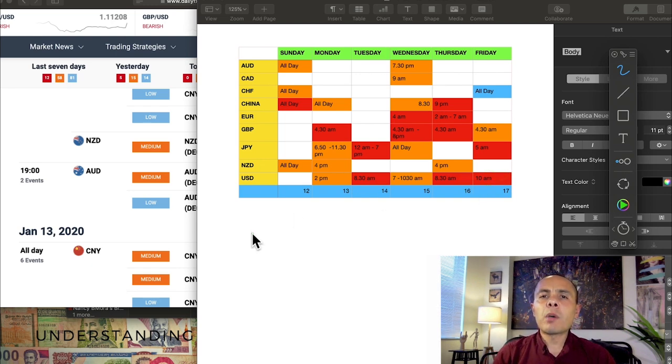So now you can come up with some conclusions that the market will start moving on Monday, sort of build up and get very, very busy on Thursday and probably slow down on Friday. And although there are some important news on Friday, I will suggest not to wait all the way till the end of the week, just because at that time things tend to turn around very quickly